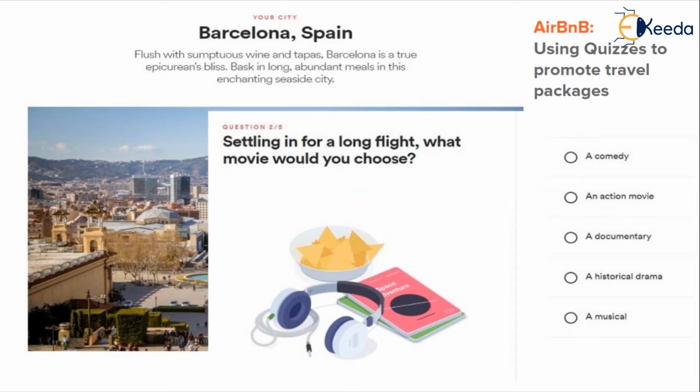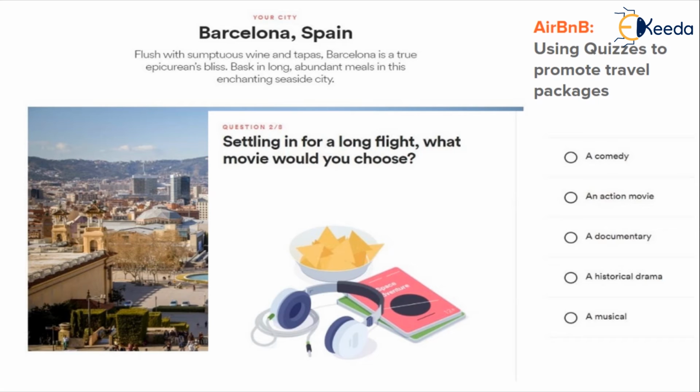A comedy, action, documentary, historical drama, or musical? These and similar questions are asked, and then there's an algorithm based response for the reader, which usually guides them to a destination where they should take their next trip.